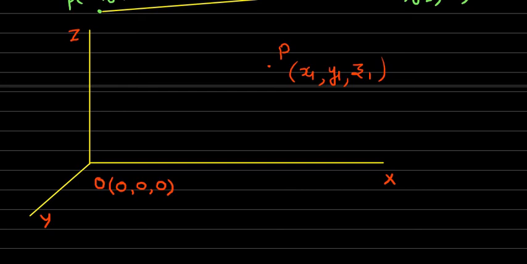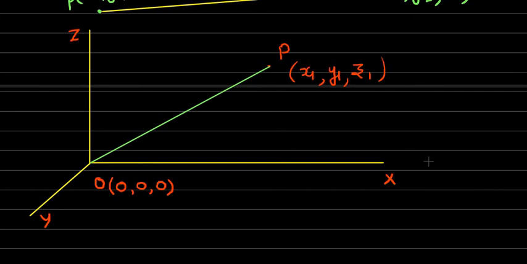Now, consider that we have this one particular point P in the space. Then, to find the distance of point P from the origin, as usual, we will consider a line from the origin up to the point P. Suppose that line is this, which I am drawing here. This is the line from origin to the point P. Then, obviously, this is the line OP.